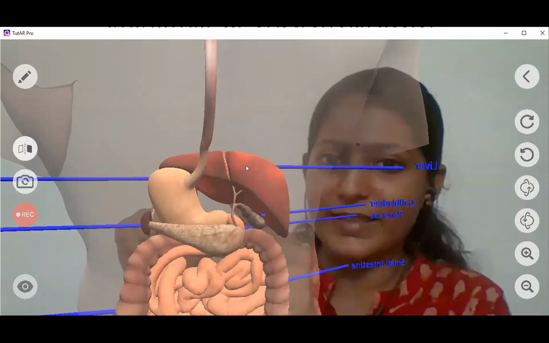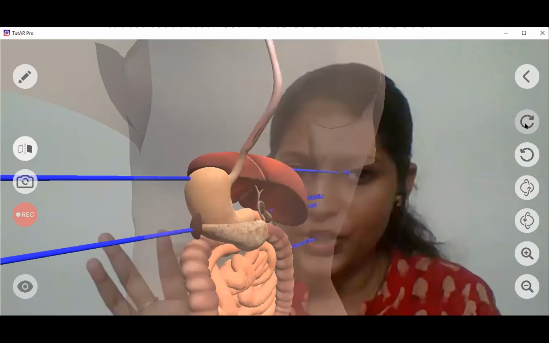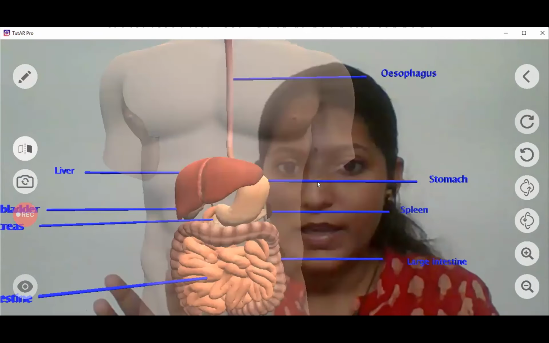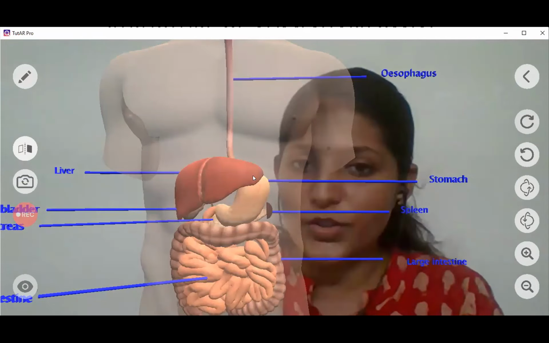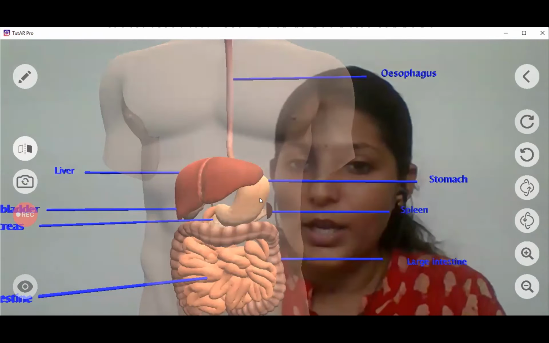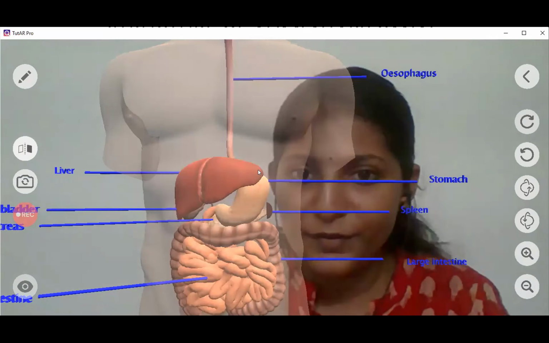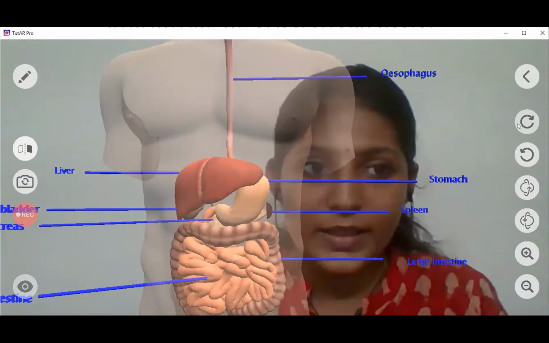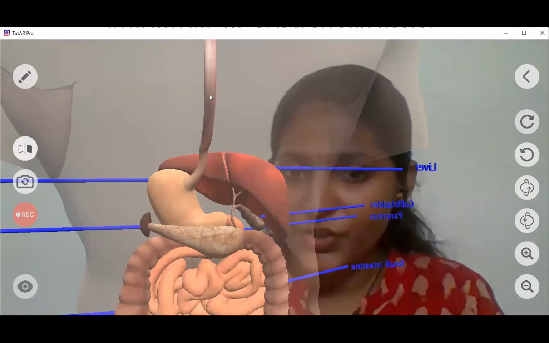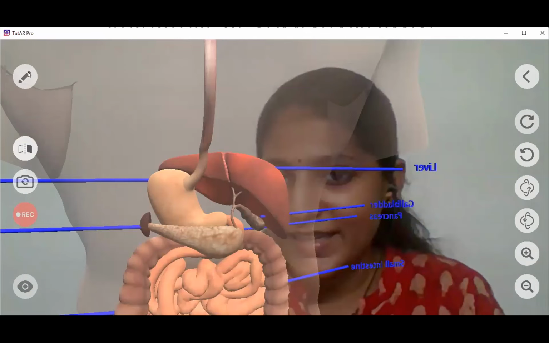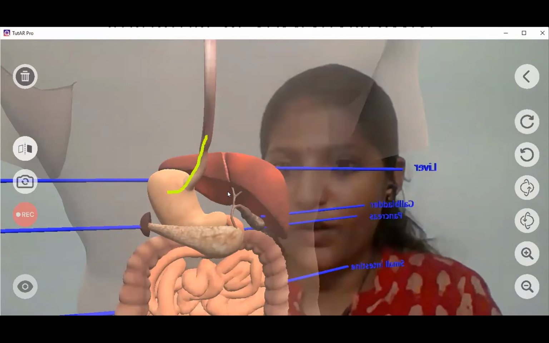If you are showing this particular image as a picture, the students don't know where it is getting connected between the esophagus and the stomach, because you can see the liver is hiding it. But with the help of the augmented reality tutor app, I can rotate the image and the children can easily see this connection of the esophagus to the stomach.